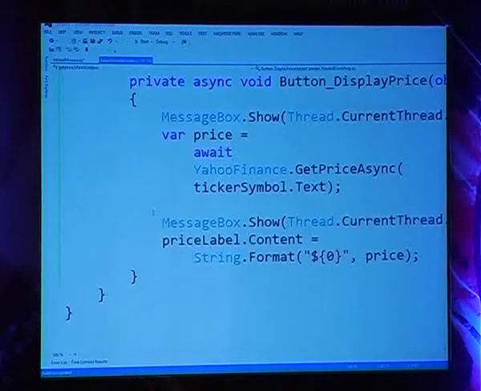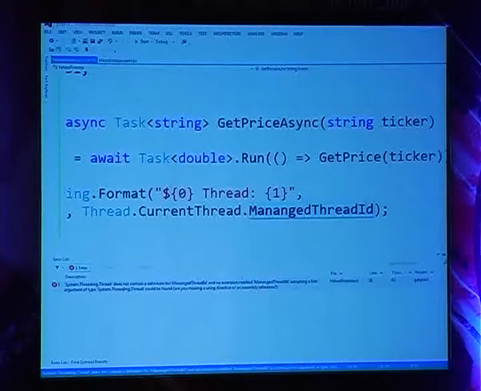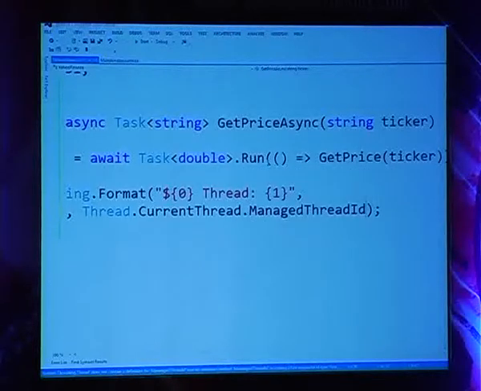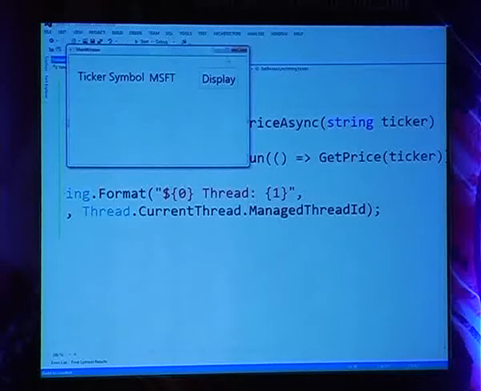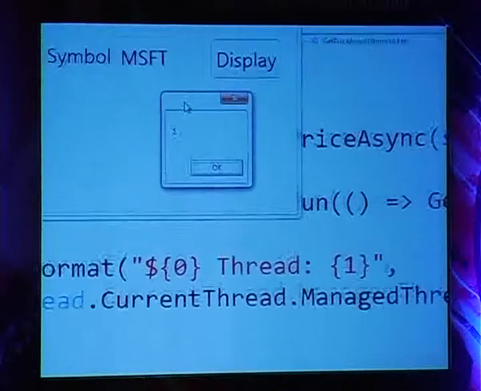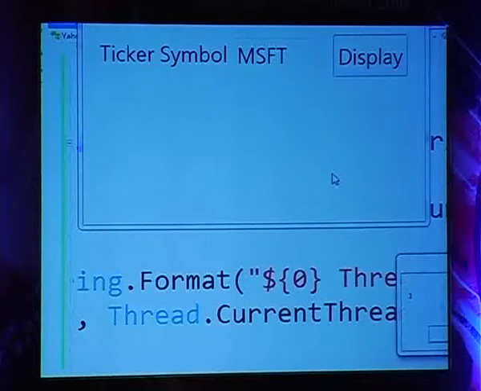So if I go back to this code and try to run this example one more time, we can see, in this case, let me fix the error here. Managed thread ID, there we go. And so in this case, I'm clicking on this. The main thread is running in thread 1 one more time. As you can see in this case, it's running in thread 1. I click on this, the response comes back after 2 seconds. It is still 1 telling me I'm running in the main thread.